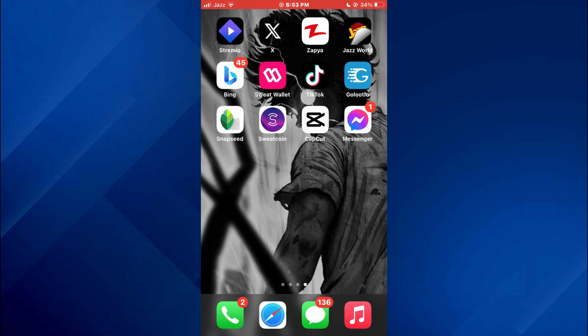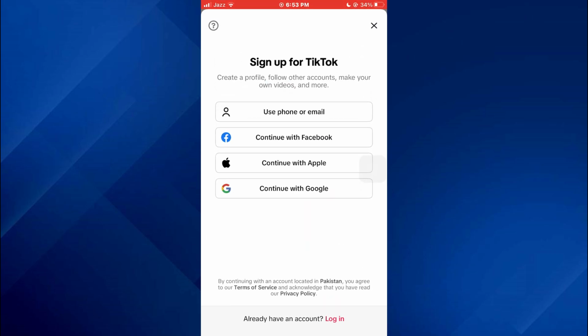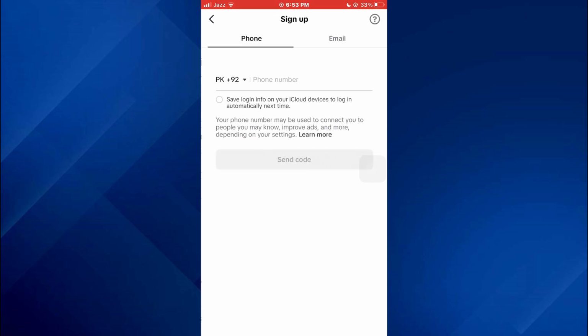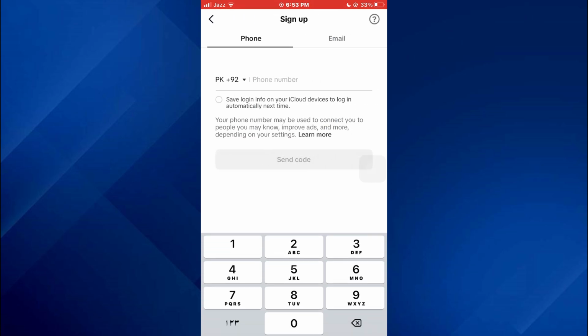First of all, open the TikTok app on your mobile device and make sure it is updated to the latest version available. After that, you will be asked to either sign in or create a new account. For instance, if I select the email or phone number login feature, I can use either of them to sign in. But since we don't remember any one of those, what we need to do is simply tap on the